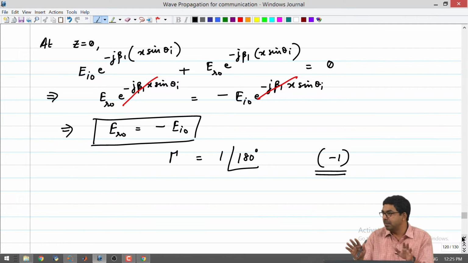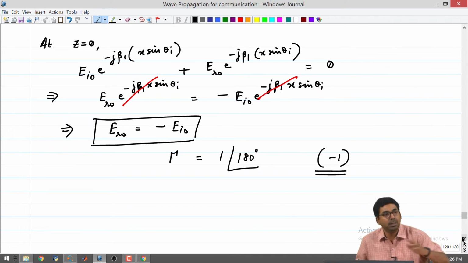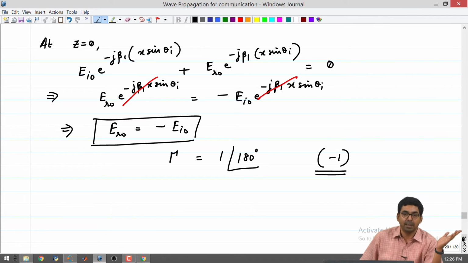So, you can say that this particular case is analogous to a short circuit in your transmission line. It is not the same, but it seems analogous to that, because you are just having electric field which is volts divided by meter. So, an analogy could be there. Also, if you have normal incidence, you will just have minus 1 and going back in the same direction, you can end up having standing waves with perfect standing wave ratio, right.